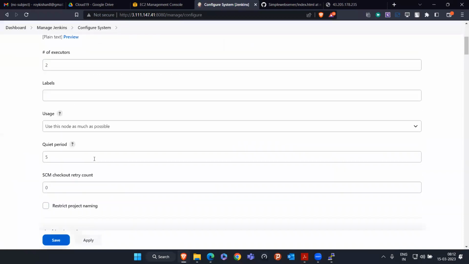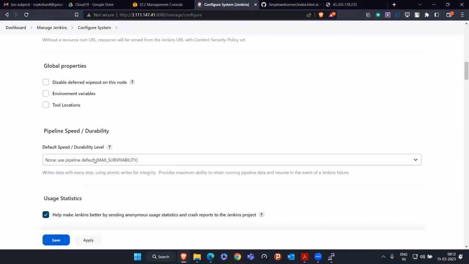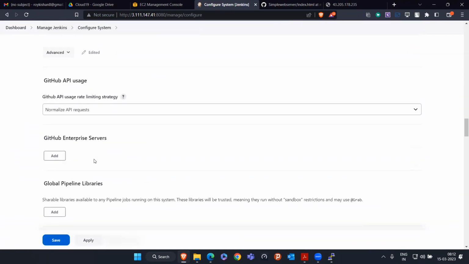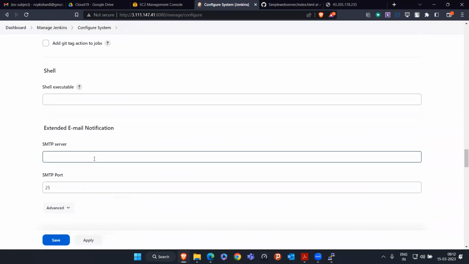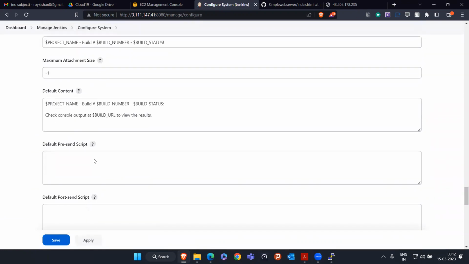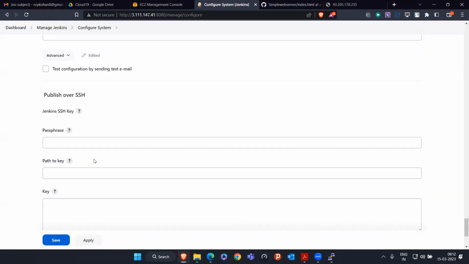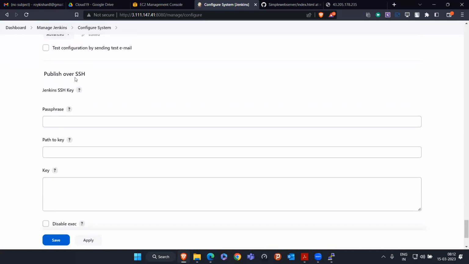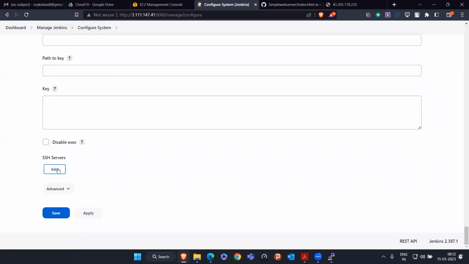In this Configure System, you have to find Publish over SSH. That plugin, whatever I downloaded, will be visible somewhere here. So just find Publish over SSH. You'll see at the bottom, this is Publish over SSH. In this Publish over SSH section, what we are going to do is add an